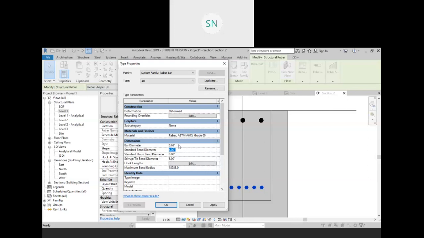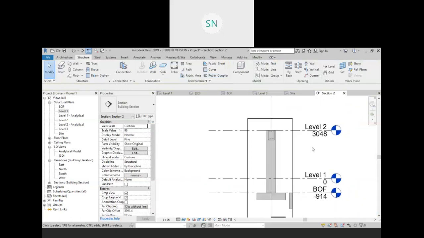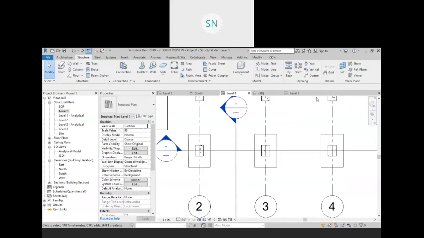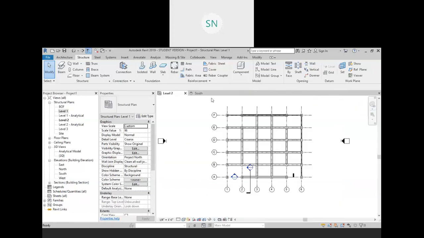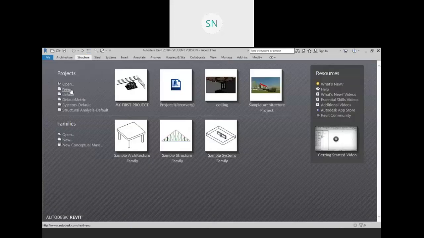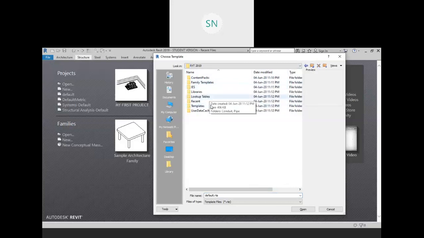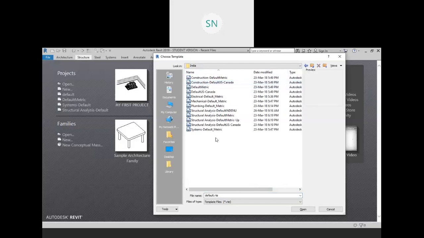and this should be bend diameter should be, or just leave it otherwise. Or let me do one thing, let me take a construction template or Indian template, so we will get directly units for that. So I'm going to choose an Indian template for that. Click on open, click on browse, and here we have structural analysis default Indian. Okay,